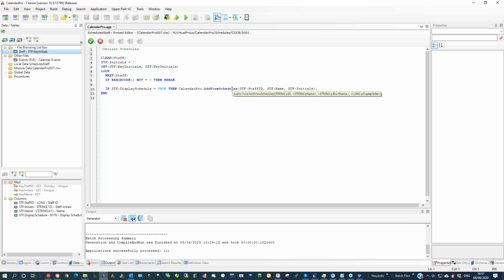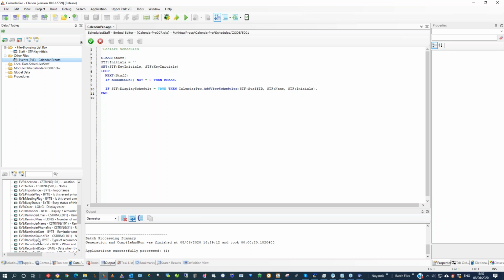That's right. That's good. I was going to say that shouldn't be a long. It's a string. Okay, so it takes 3 parameters. First one is the ID. Now I would be using the staff ID, which comes straight off the staff table. Kind of makes sense because on my event table, I have